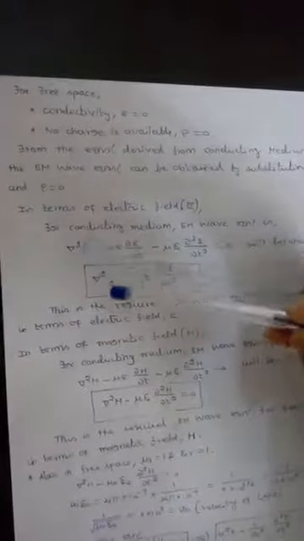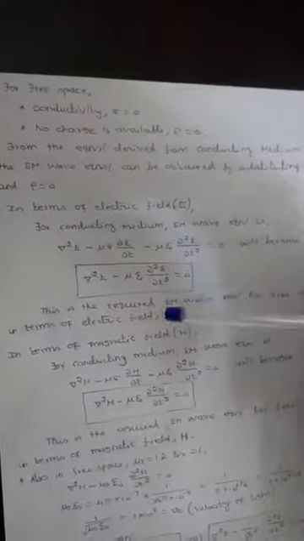Now again here two criteria, two fields are there. First in terms of electric field, for the conducting medium we have derived the wave equation as this. Here if I take sigma as 0 for free space, this term alone will vanish. Remaining is del square E minus mu epsilon dou square E by dou t square equal to 0 is the result. This is the required electromagnetic wave equation for free space in terms of electric field.